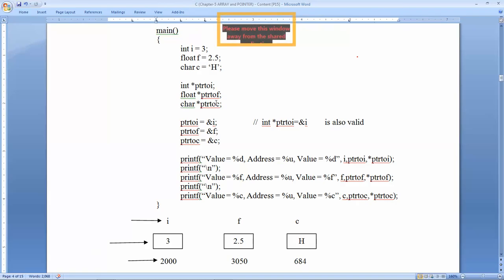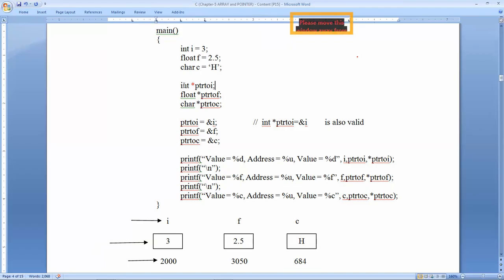Now you can ask me one question here: whenever we are going to declare a variable, we should write int, space, name of the variable. Why the symbol star? This is very much important. Here, star indicates that we are going to declare a variable which is not a simple or normal variable. We are going to declare a variable which is of type pointer. Okay, understood? That means whenever you declare int space star ptr2i, it will indicate that